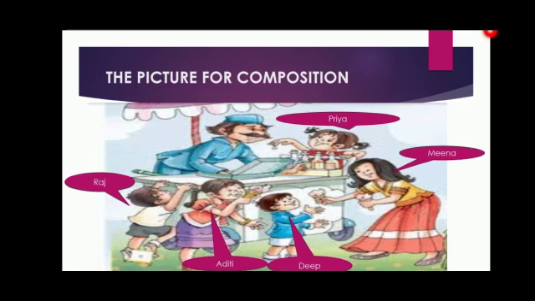Now you can see a girl sharing an ice cream with a little boy. So you can say that Meena buys 2 ice creams from the seller. She is giving 1 ice cream to her little brother Deep. You can also see a girl standing near the cart. You can say Priya is buying an ice cream from the seller. You can see a girl nicely enjoying the ice cream. So you can say Aditi is enjoying her ice cream.